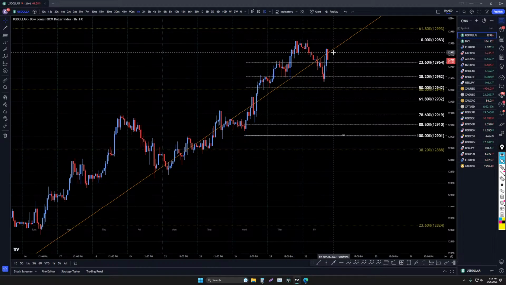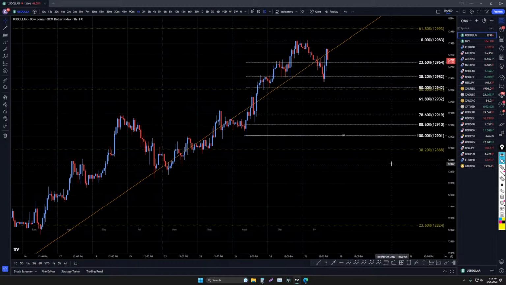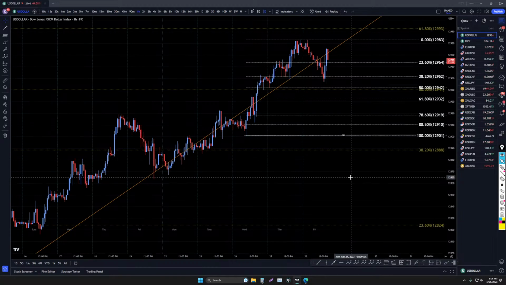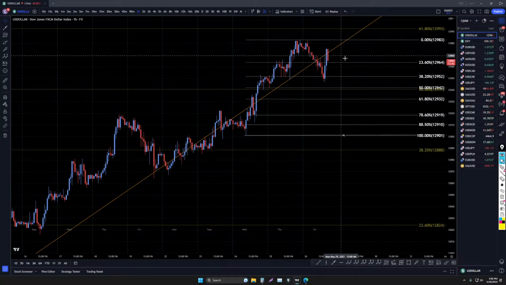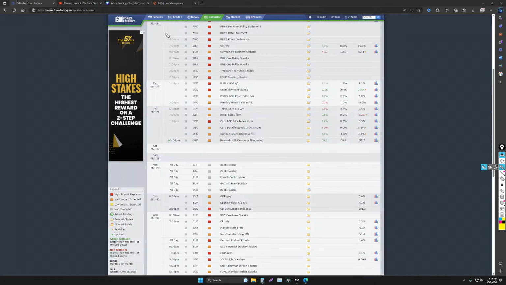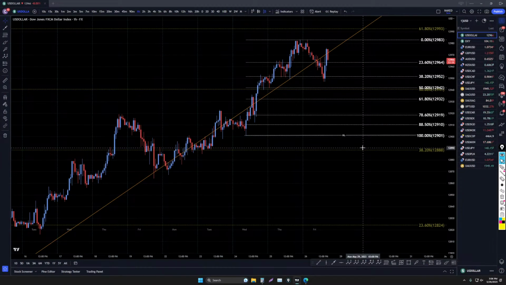Yeah, see, the dollar news was positive, and the dollar just is itching to go down. That's why, for me personally, I honestly do not care what the news is. I want to know when this news is coming out, but as far as these numbers over here, I don't really give a crap at all about these numbers. I just want to know what time the news is, and then I want to know what the news is. But as far as these numbers over here, they are useless to me because the market often does the opposite of what the news tells you that the market should do. So definitely be careful with trading news events like that.